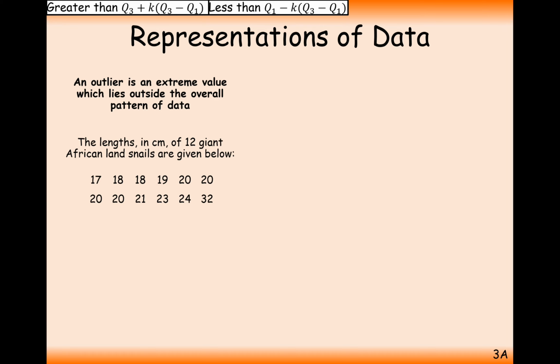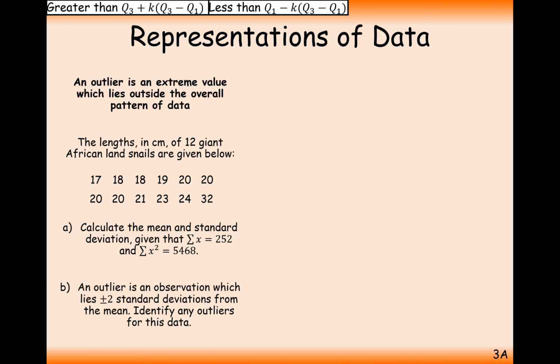Okay, another set of data here. The lengths in centimetres of 12 giant African land snails are given below. Interesting. Okay, calculate the mean and the standard deviation, given that the sum of x is and the sum of x squared is